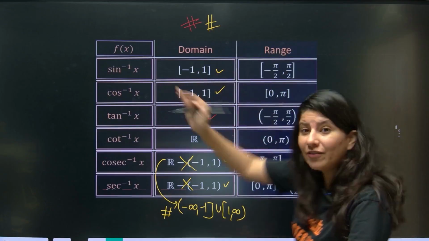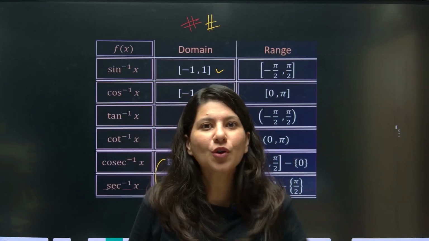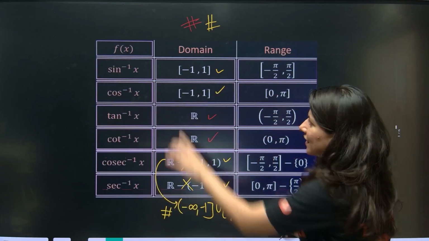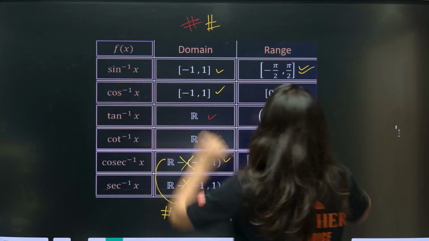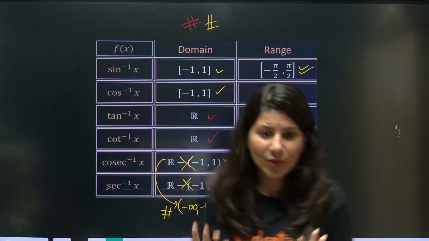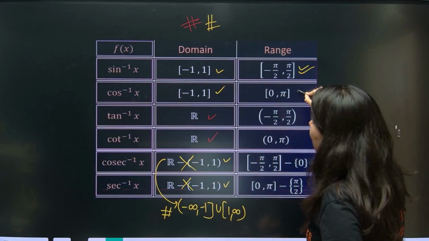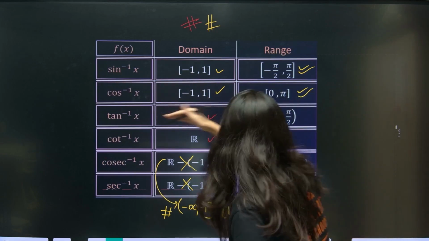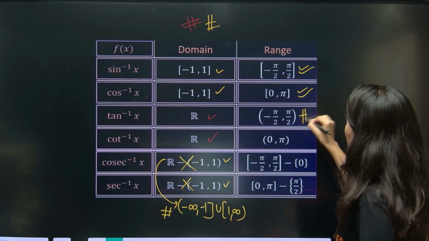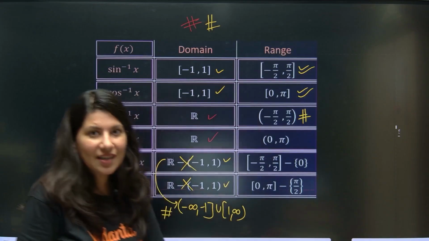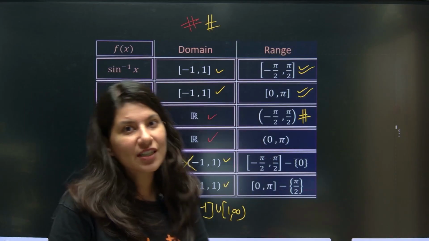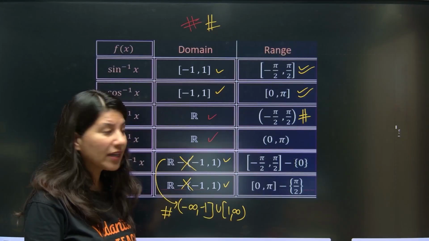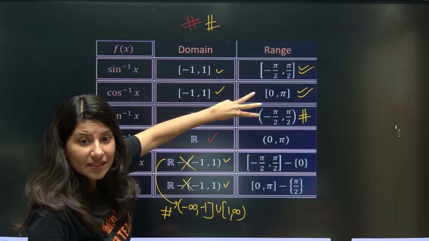Now, range of inverse trigonometric functions, that means the output of an inverse trigonometric function is an angle. Okay, so I think sin inverse range, you all know, first and fourth quadrant, minus pi by 2 to plus pi by 2. Cos inverse, I think you know, is 0 to pi, first and second quadrant. Now tan inverse. See, sin inverse and tan inverse share the same thing except pi by 2 and minus pi by 2, because of the obvious reason. We know that tan pi by 2 is infinity, so pi by 2 and minus pi by 2 I have eliminated. Okay, now if you remember these three things,